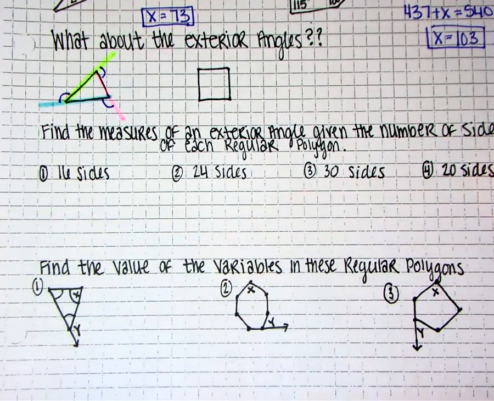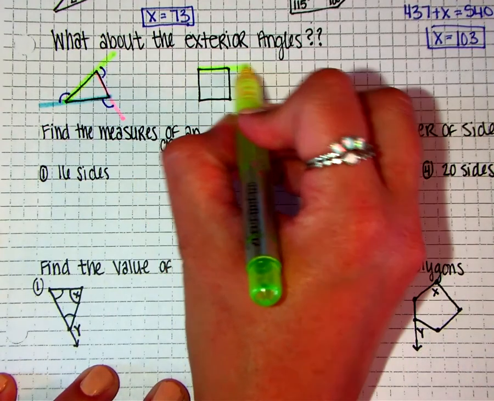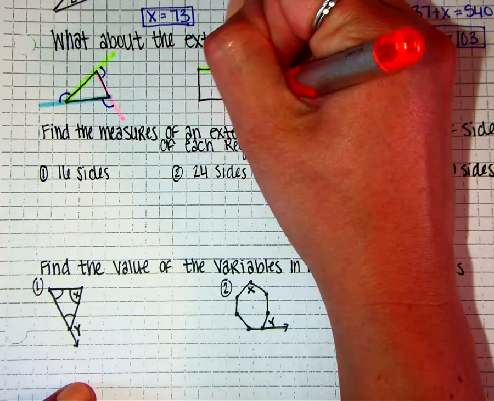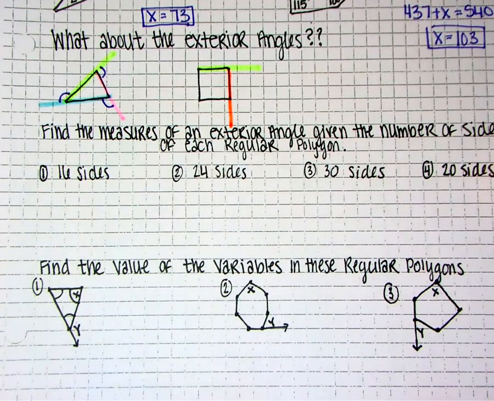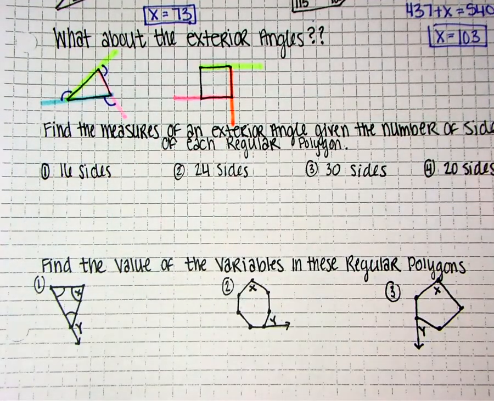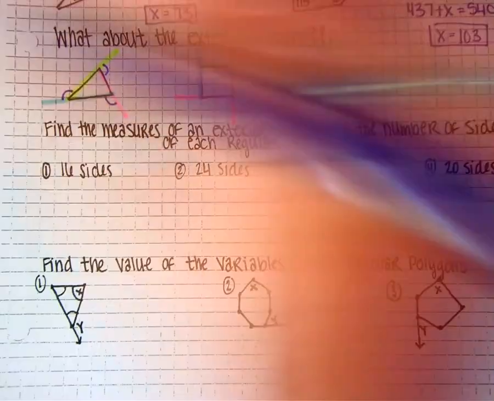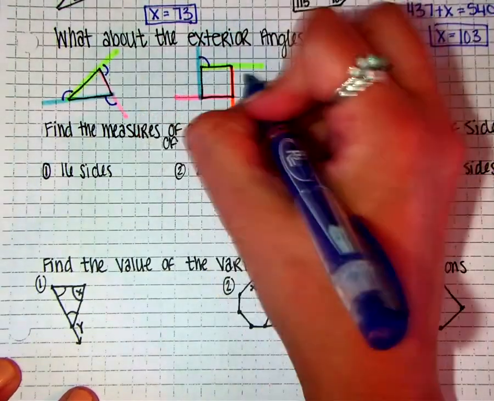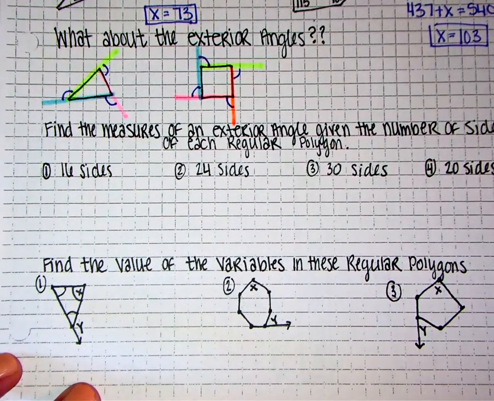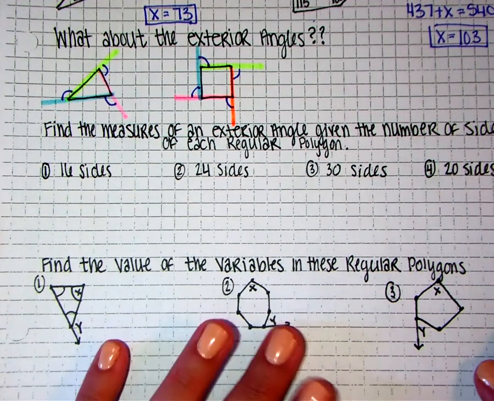Okay, let's try another one. Let's extend this one out. So I'm going to extend here, extend down here, creating all of these angles. Extend over here, and extend up here. Notice I'm creating here, here, here, and here. Okay? All exterior angles add to equal